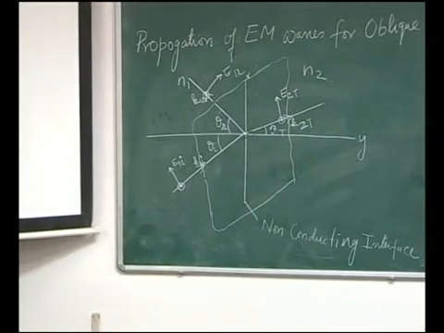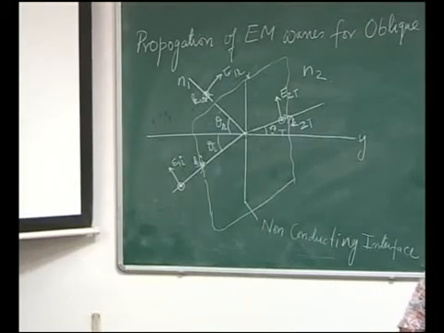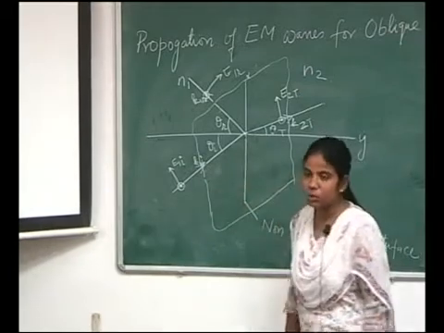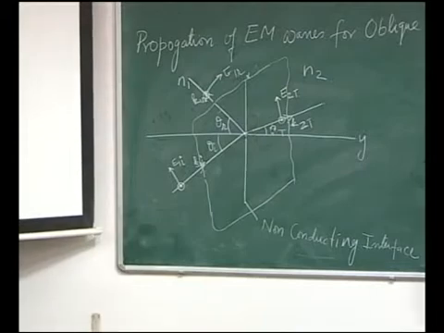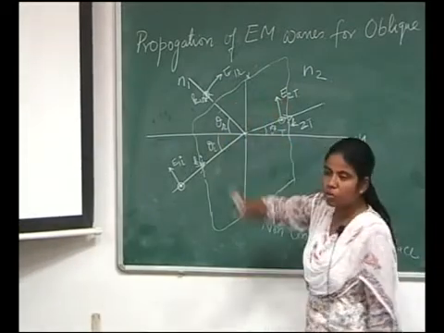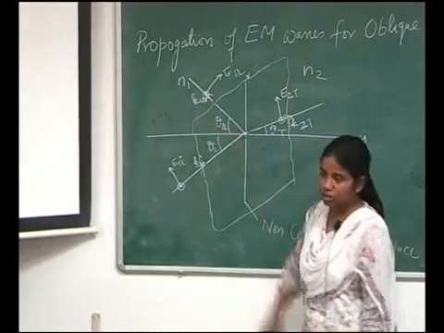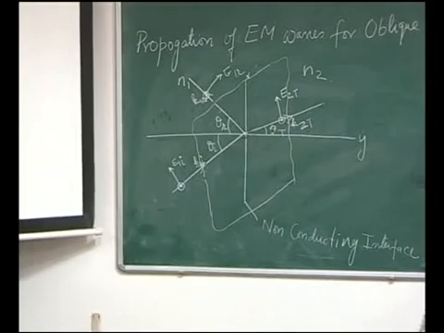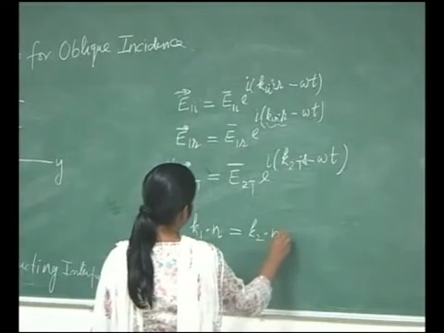Normal direction. You don't remember. We calculated that if it is an empty space, then del dot E is equal to 0. So that gives me E1 dot n, that is the normal component, is equal to 0. So all the normal components of the propagation vector should be equal, only then will that condition hold true. I can write here that K1 dot n is equal to K2 dot n